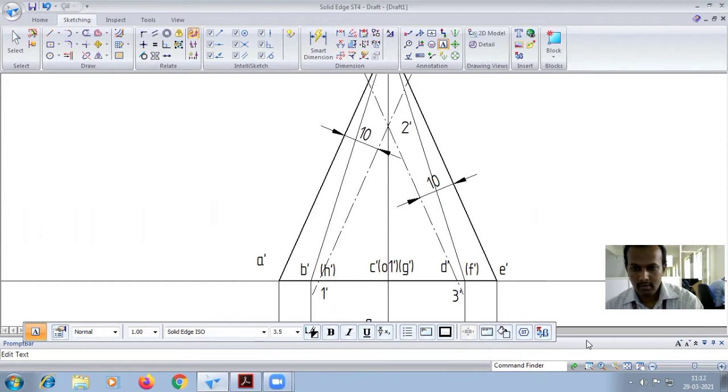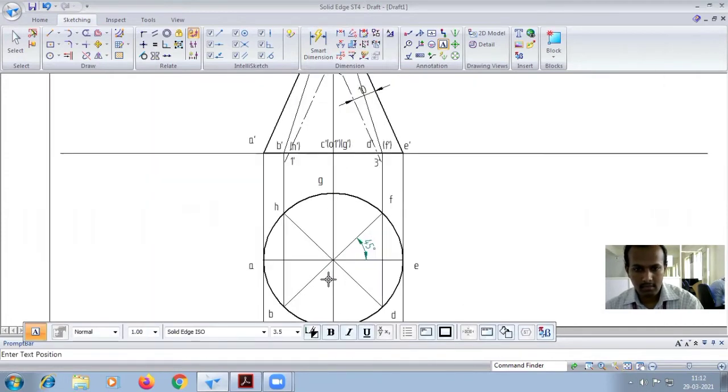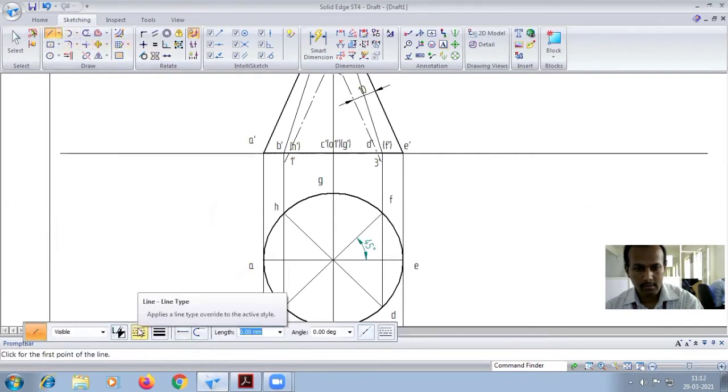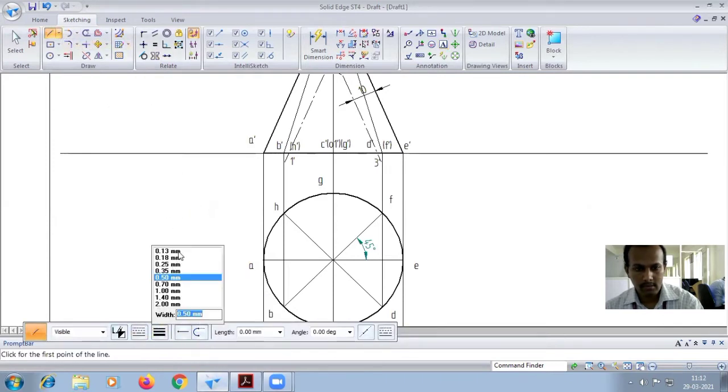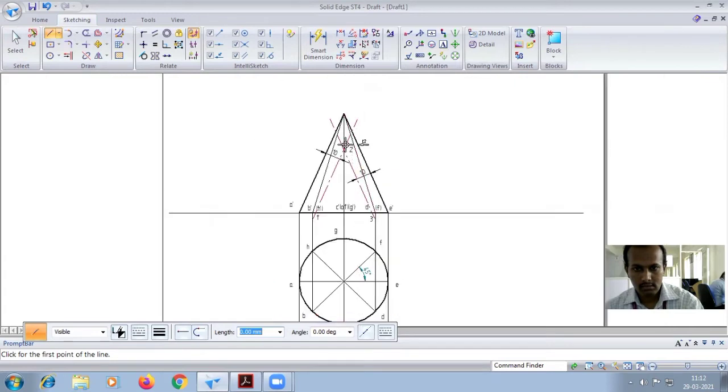Okay, next I have to project downwards to the right, the top view. The thickness will be 0.25 only, you have to take it, or 0.13. Take a straight line from the front view.